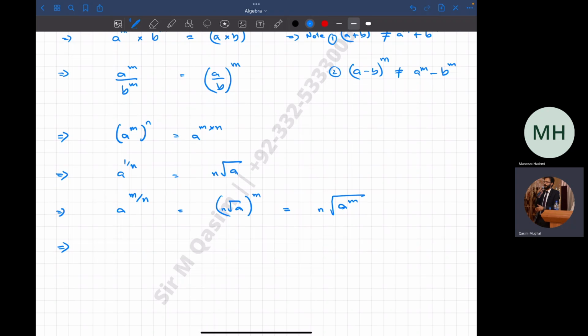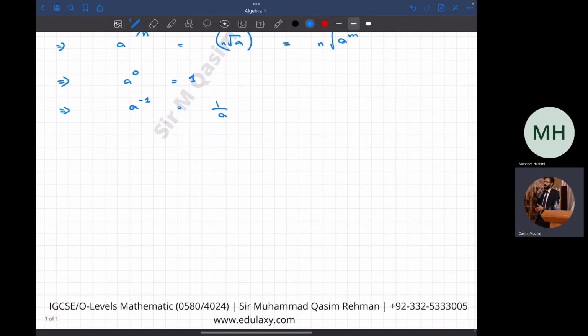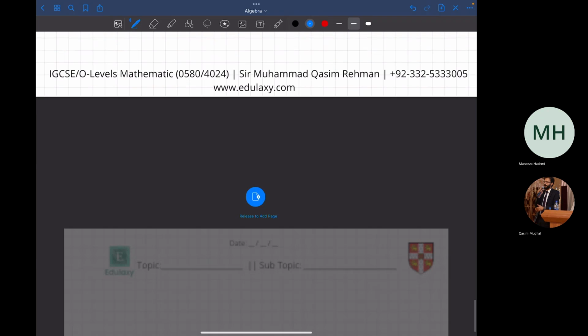And then a to the power 0 is 1. A to the power minus 1 can be written as 1 over a. So these are all the basic and important rules about the indices. Okay? Yes, sir. All right, so quick go through